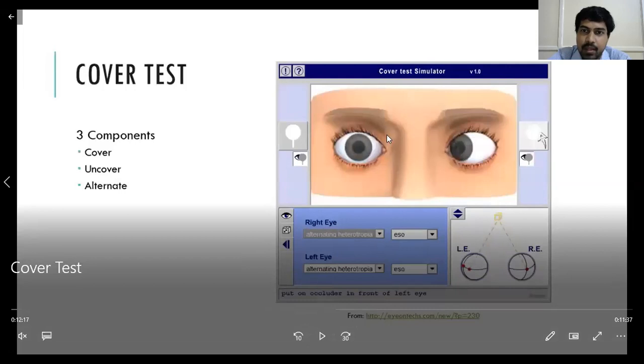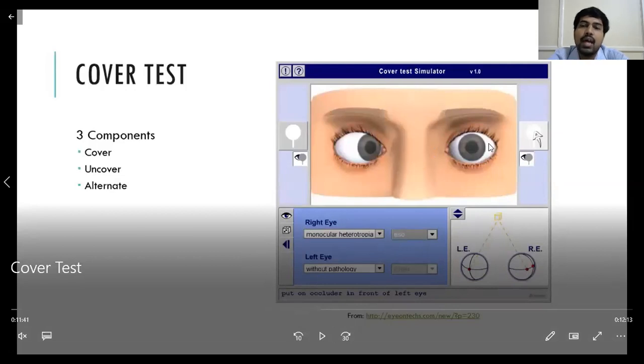Here this eye is taking up fixation, so you are thinking that this eye is having heterotropia and this eye is normal. But again, if you see, this eye is going inside and this eye is looking straight. That means it is alternating. Here, suppose both eyes are having equal vision, then the brain, for one hour, uses this eye, and for one hour uses the other eye. So in alternating heterotropia, for some period of time one eye will be fixating, and for some period of time the other eye will be fixating.